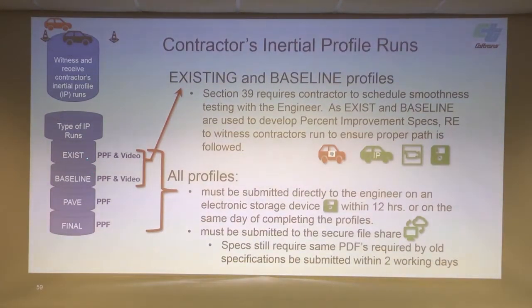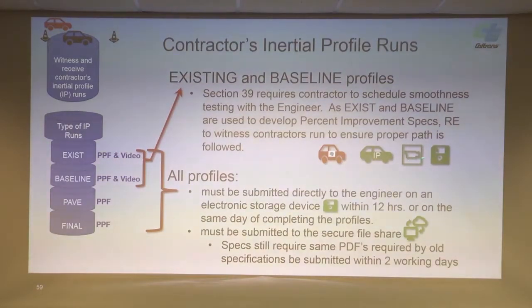So also, with our percent improvement specs, the rougher it is when the contractor goes and measures this existing profile, it's to his benefit. I'm not saying a contractor would do this, but if there's a pothole that's not in the wheel track, and you can drive through that pothole outside of the wheel track, that existing MRI is going to go up, and he has a chance of increasing his incentive. So the intent is so that we have a good record of where that profile was run, and what the conditions were.